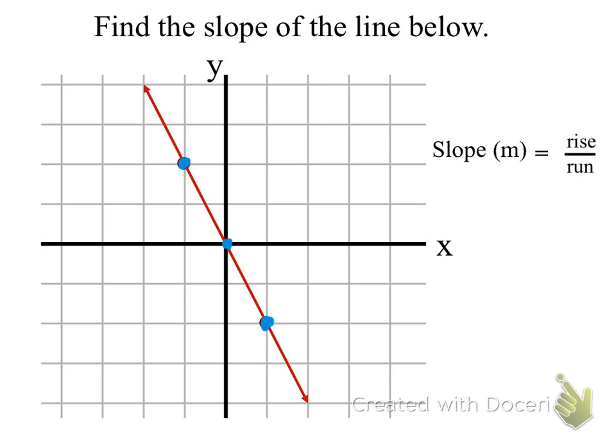So you could have used this one, and this one, or you could have used this one and this one. I personally use this. I went rise negative 2. Okay? And then I went run, positive 1. But look, if I had gone from here, what happens if I go from here? Rise,